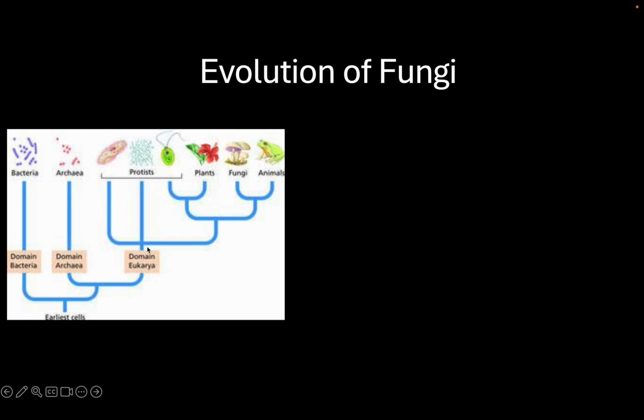Protists take up this left part of the tree, as well as this left portion of this clade over here. And the organisms in this clade that are still protists are more closely related to plants, fungi, and animals. You might notice some weird things here. We have this little group of protists here that's more closely related to plants, probably because they both photosynthesize. But if you look closer to the right side of the tree, you'll notice that fungi are more closely related to animals. And that is actually the case.